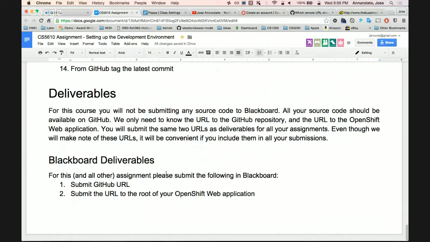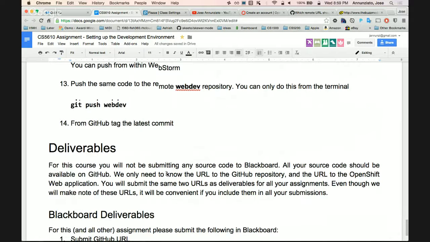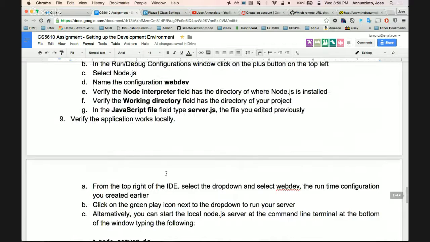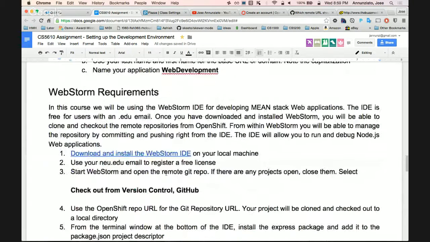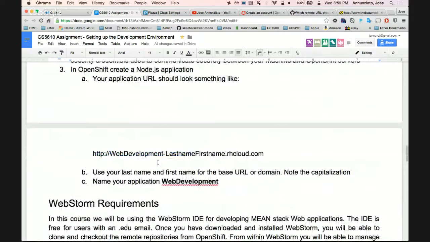I'll ask you to submit also the URL of your application on OpenShift. I suggest that your application should be Web Dev 2016, last name, first name.